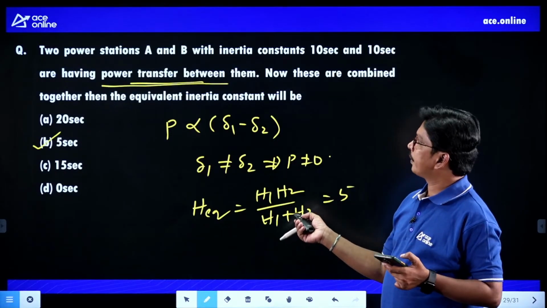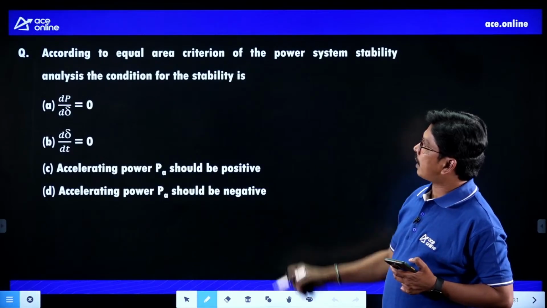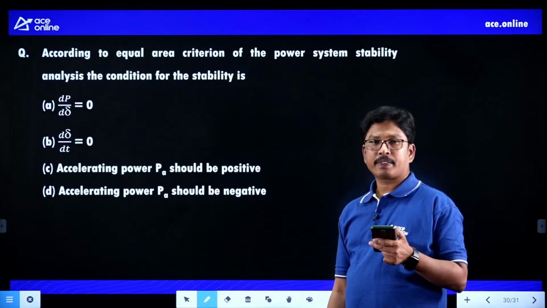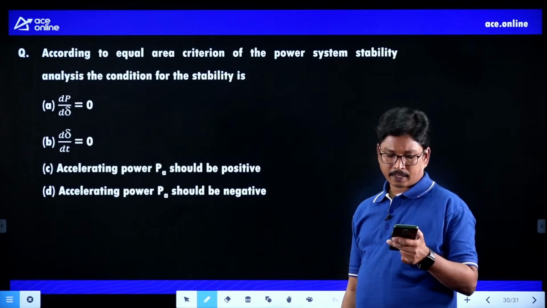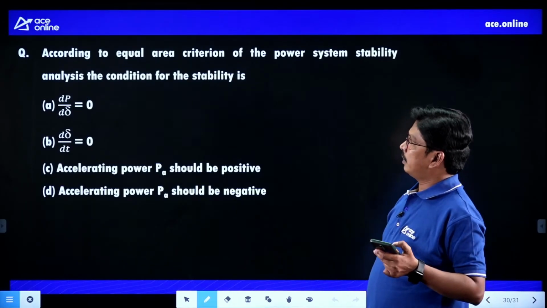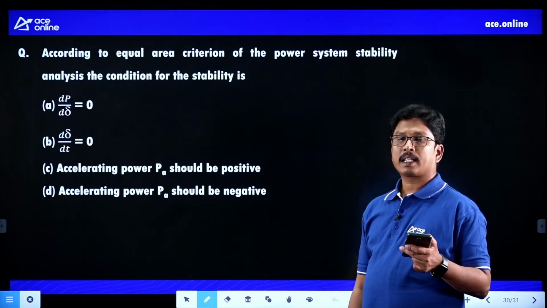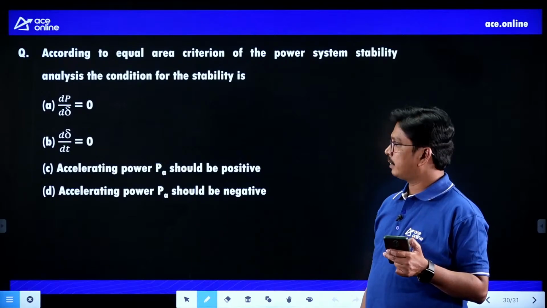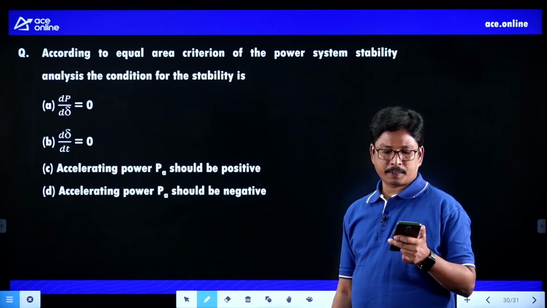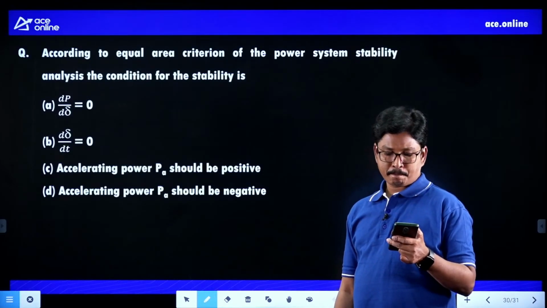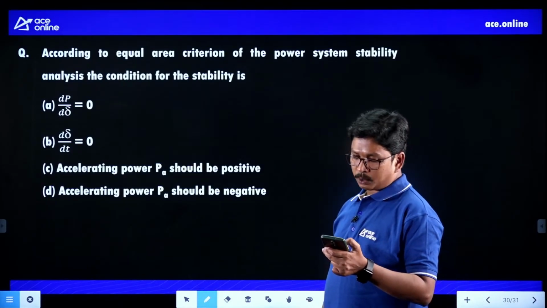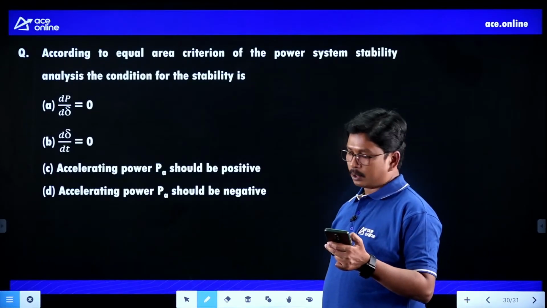Clear. Right. Now tell me, according to the equal area criterion of the power system stability analysis, what is the condition for stability? What is the condition for the stability of the power system network? Any answers? dP by d delta equivalent to 0, or d delta by dt equivalent to 0,